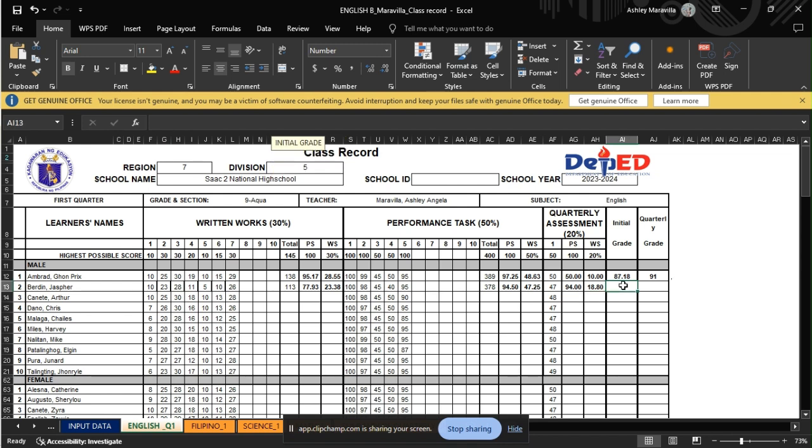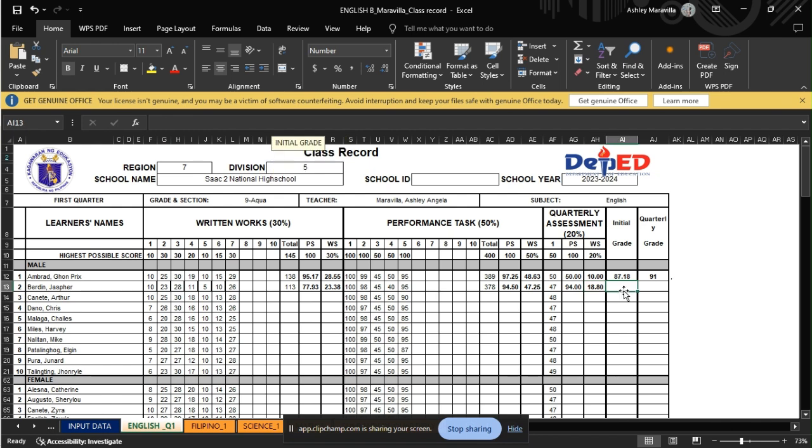Now, let's move on to initial grade. To get the initial grade, you have to first determine which cell the weighted score of quarterly assessment belongs to. So click it, and you're going to identify it in AH13.